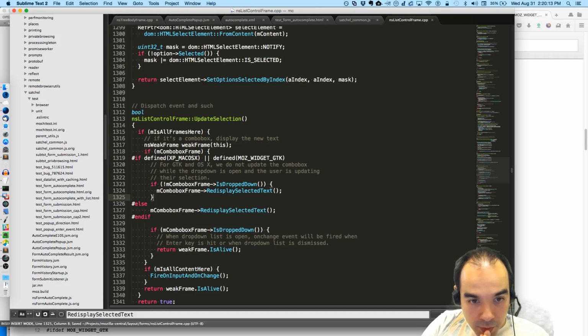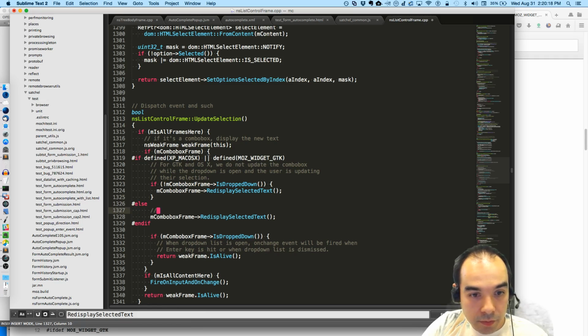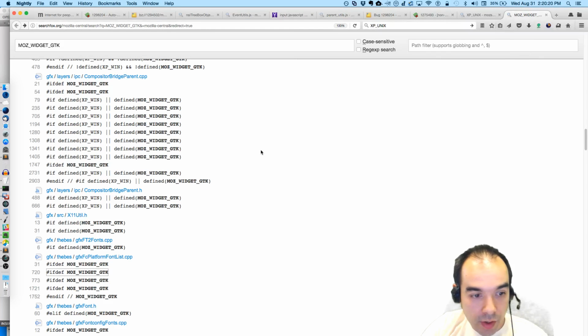If not drop down, then redisplay selected text, else. Let's try and compile that.